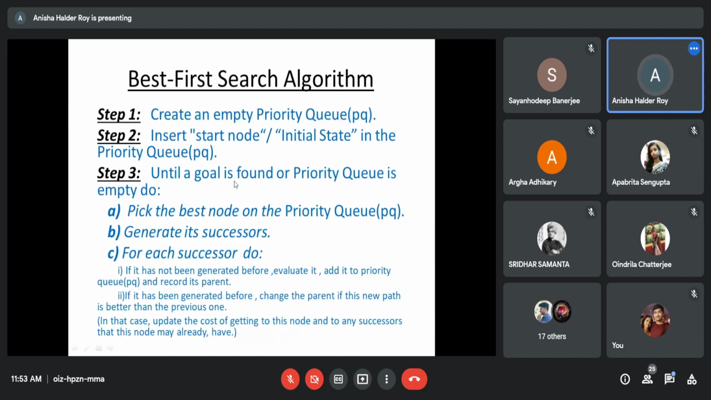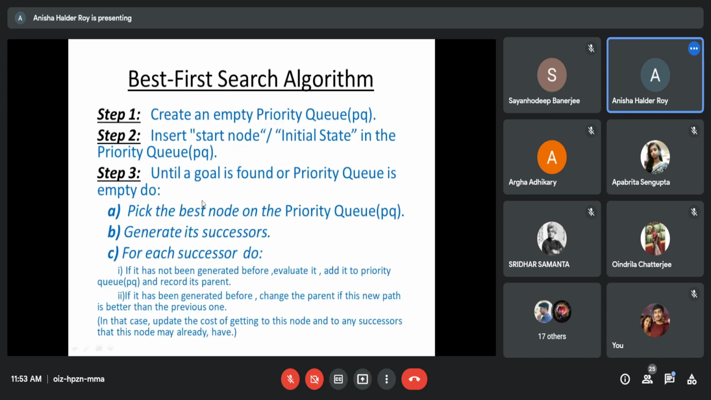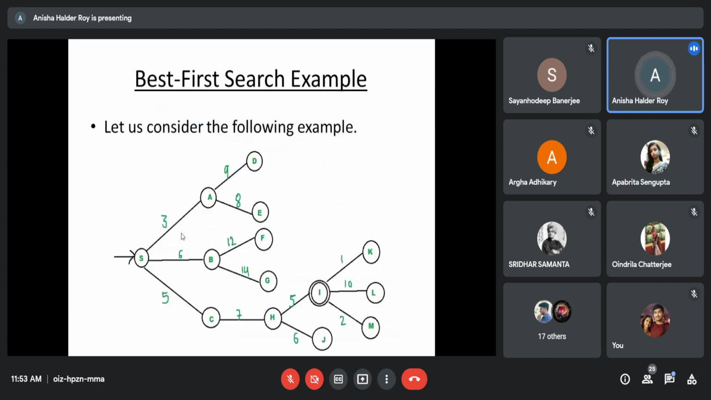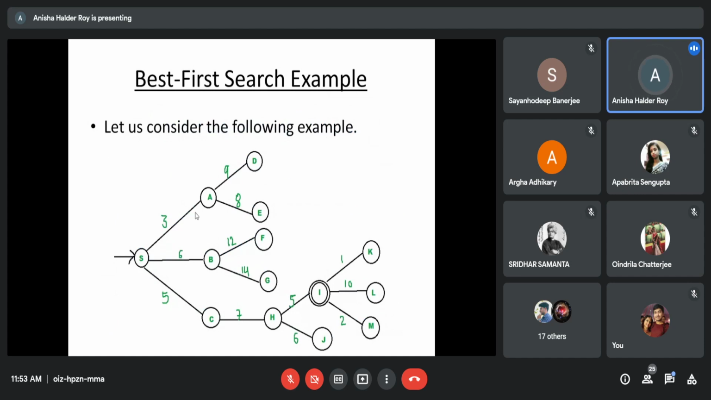Until the goal state is found or the priority queue is empty, do pick the best node on the priority queue. জেনারেট ইটস সাকসেসর। ফার্স্টে প্রায়োরিটি কিউর বেস্ট নোড হচ্ছে এস। এখন ইনিশিয়াল স্টেট ইনসার্ট করেছি, সো বেস্ট নোড যাই হোক এস। জেনারেট ইট সাকসেসর মিনস আমি সাকসেসরদের দেখেছি, কটা সাকসেসর আছে, এ বি সি, তিনটে সাকসেসর। ফাইন।